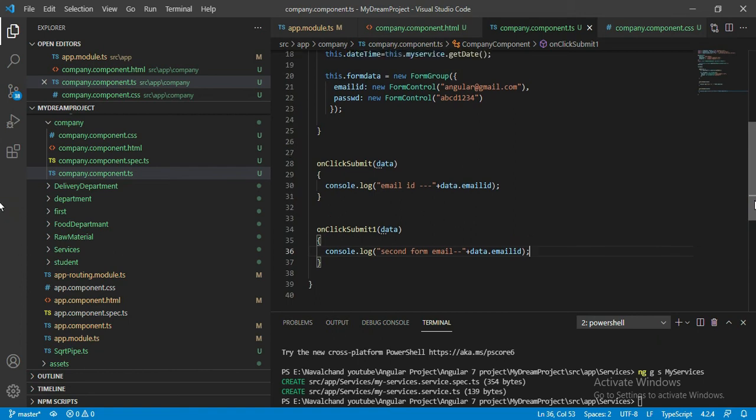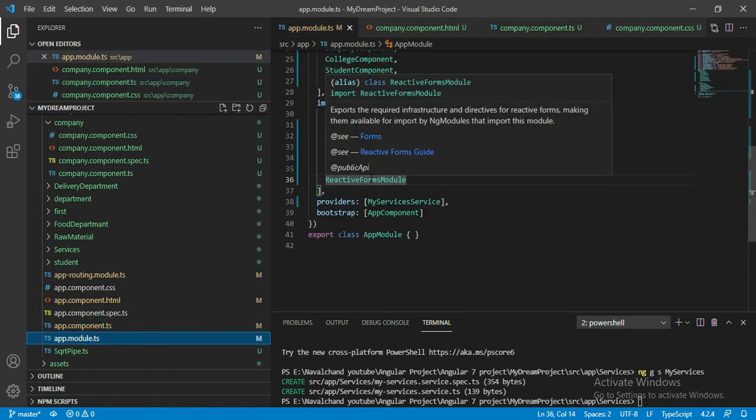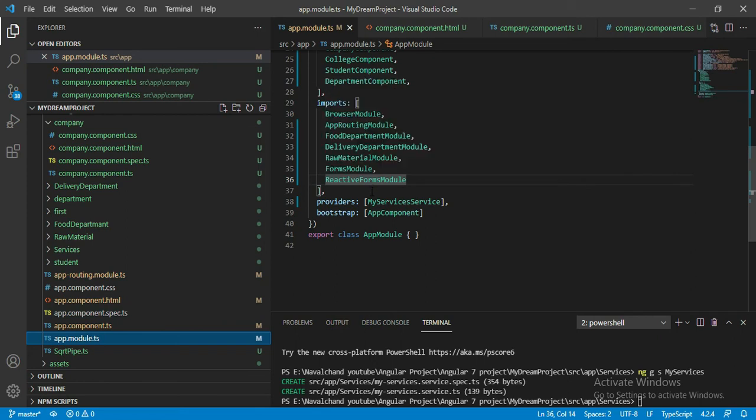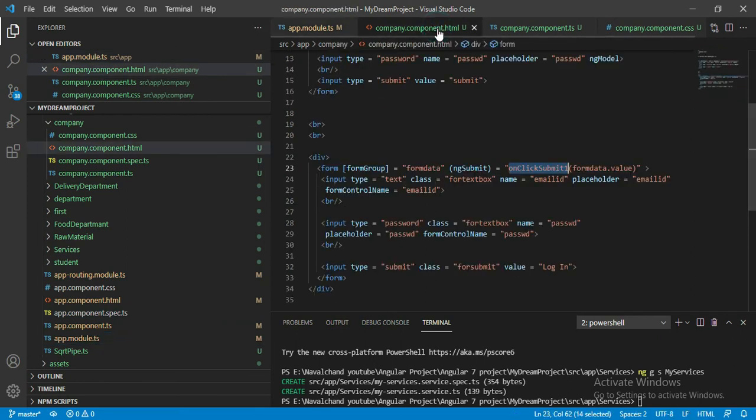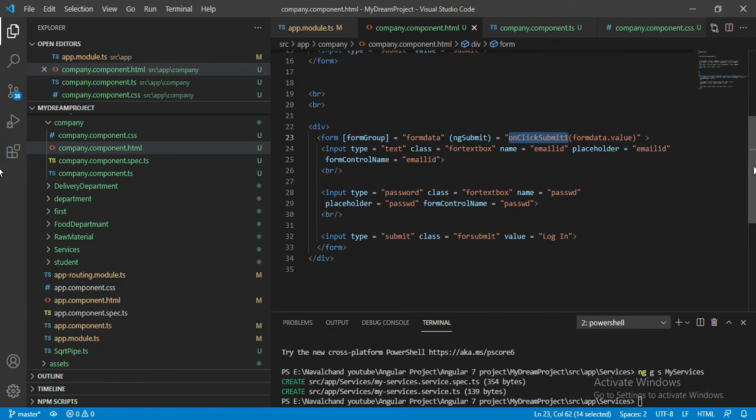Okay, for a model driven form we have to add the reactive forms module inside the app.module.ts, and in this way we can write inside the HTML. We have to first create a form group.